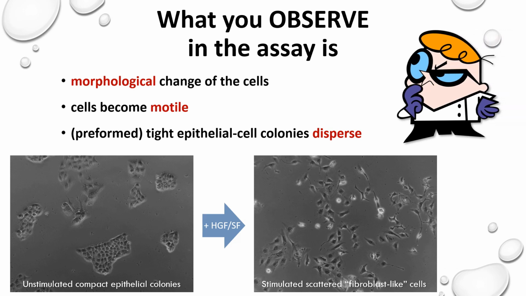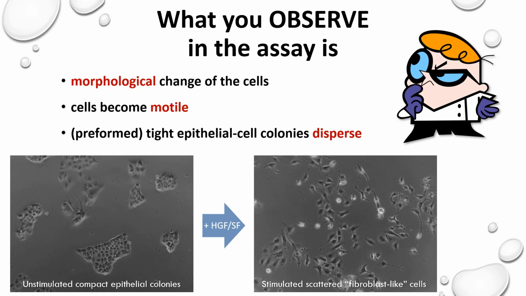And if you look on the picture on the left, you see the unstimulated MDCK cells that form these very compact and tight colonies where the cells are sort of a cobblestone shape and have intense interactions, are fully in contact with their neighbors. And during one night of stimulation with HDFSF, the cells completely lose contact between each other and start to change shape dramatically and form these sort of fibroblast-like cells,